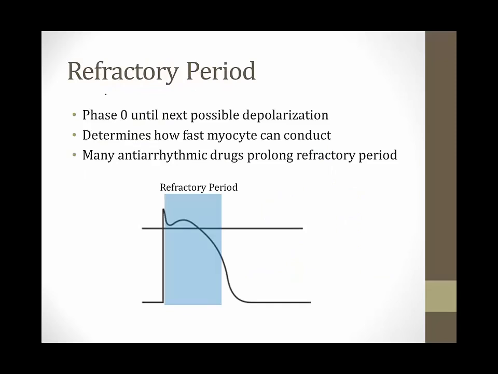Let me define an important concept that's called the refractory period. This is the time from phase 0 until the next possible depolarization. It determines how fast myocytes can conduct electrical activity. The refractory period begins at phase 0 and generally continues until almost when the cell is back to phase 4. During this period, it's difficult or not possible for the myocyte to conduct another electrical impulse. And many antiarrhythmic drugs work by prolonging the refractory period and therefore making it more difficult for arrhythmias to travel